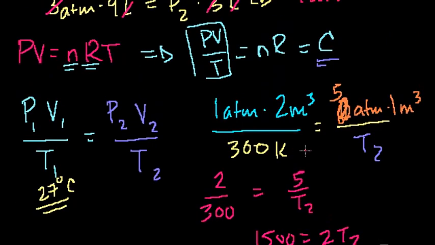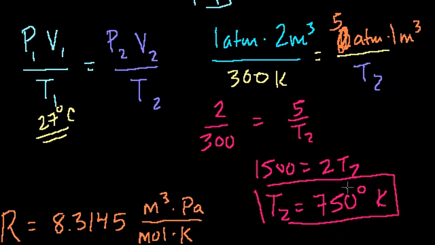We increased the pressure so much and we decreased the volume at the same time that the temperature just had to go up. Or if you thought of it the other way, maybe we increased the temperature and that's what drove the pressure to be so much higher, given especially that we decreased the volume. I guess the best way to think about it is this pressure went up so much, it went up by a factor of 5, from 1 atmosphere to 5 atmospheres, because on one level we shrunk the volume by